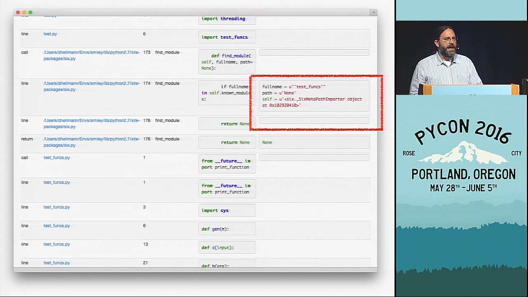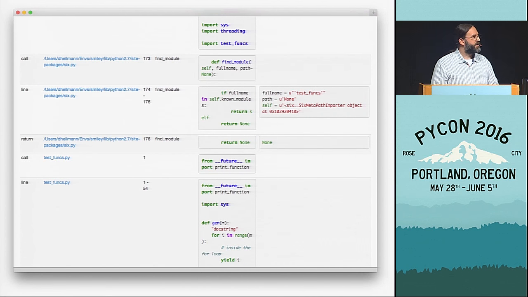Now that gave me output with lots of lines with no variable output at all because the variables in my particular sample program weren't changing that much, and that gave me the idea to collapse those rows together and show them as a block of source instead of an individual line. And so I wrapped the existing iterator that was pulling data out of the database with a generator that collapsed that into aggregates and gave me a range of lines. And then I updated the line cache modules so that they could pull out a range of lines instead of an individual line to make it easier for the template code.